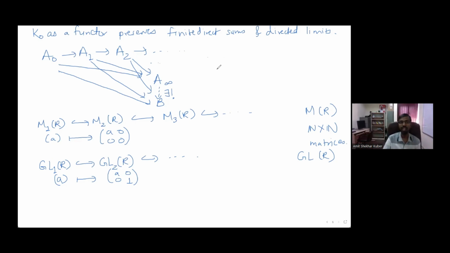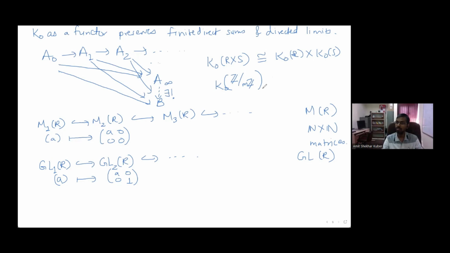So if you are given two rings and we are talking about K0 of R cross S, then this will turn out to be K0 of R cross K0 of S. Infinite direct sum and finite direct cross are the same over here. So which means now you have got the tools to compute